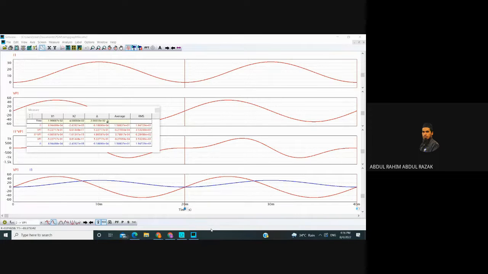You cannot use colors only to differentiate the lines, because when you print out, it will be in black and white only. And when you put colors, you cannot differentiate when the curves overlap each other. So you have to be wise and put the graph with a legend, with markers,